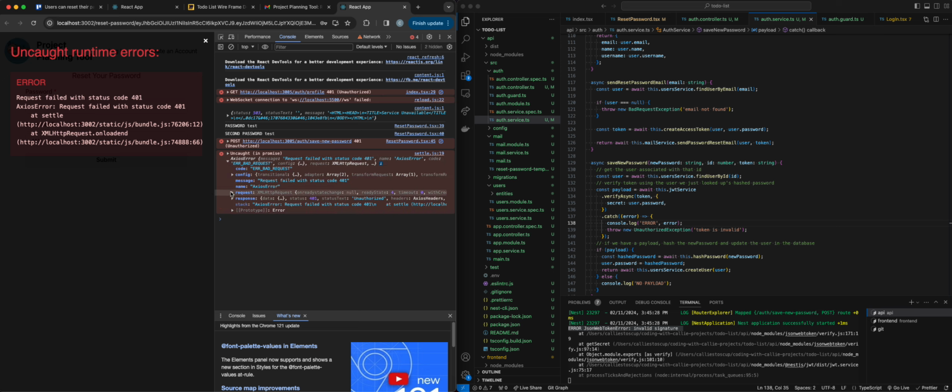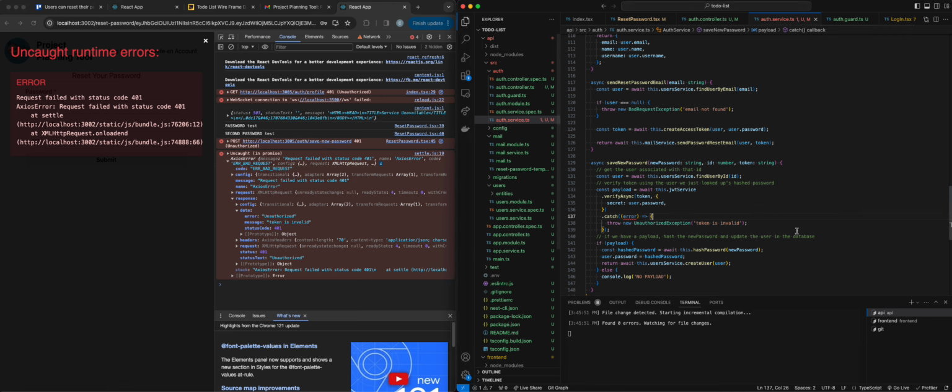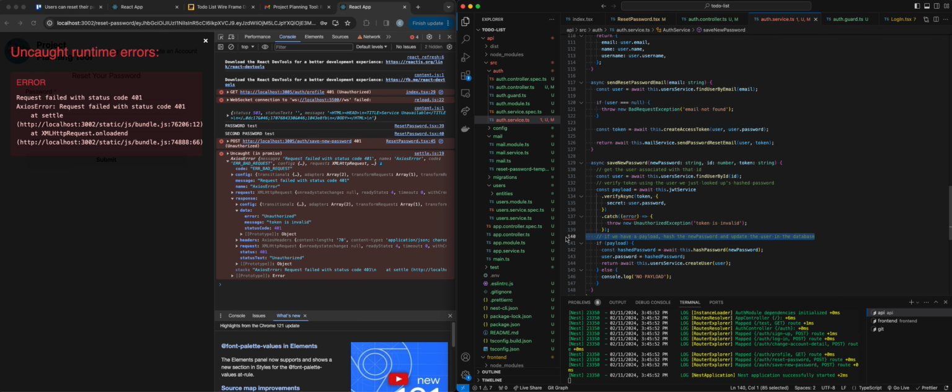Then let's go look at the error that came through. And it's an unauthorized error, token is invalid. So this is our actual error here, which is what we're looking for. All right, so that works. Okay, so then what we can do here, instead of using if payload, if it doesn't catch, we automatically know it works. So then we're going to say,